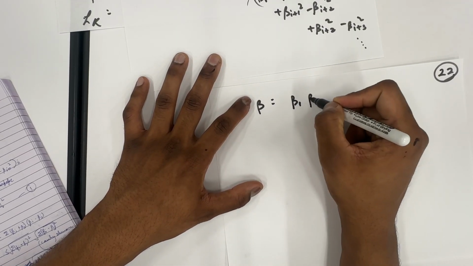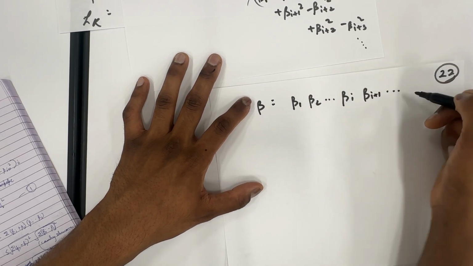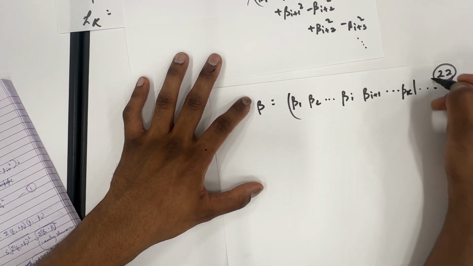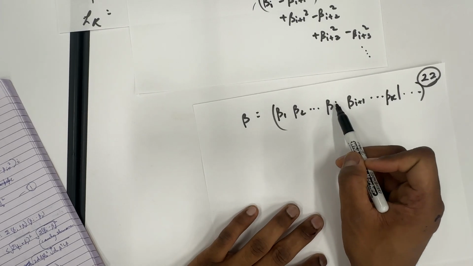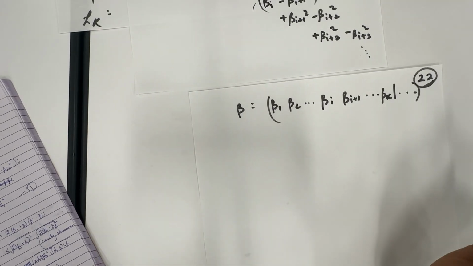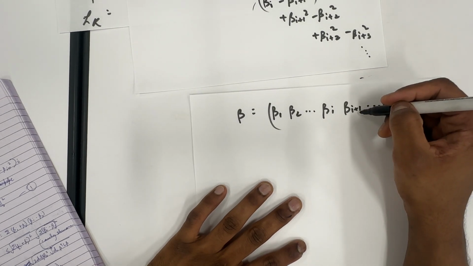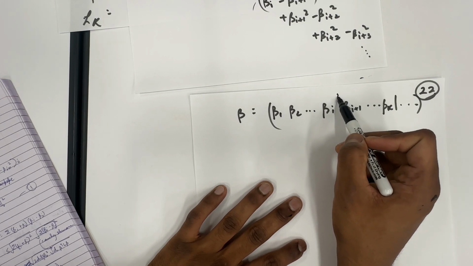It's beta 1, beta 2, beta i plus 1, beta k, and zeros. How many times am I going to encounter beta i square minus beta i plus 1 square? I'm going to encounter beta i square minus beta i plus 1 square whenever there is an edge which crosses